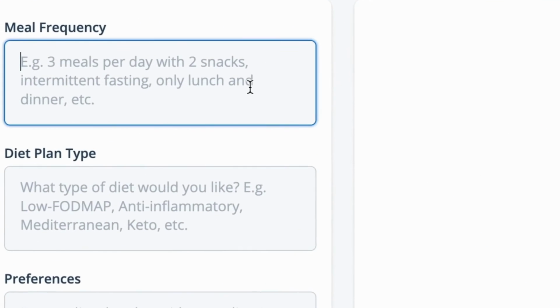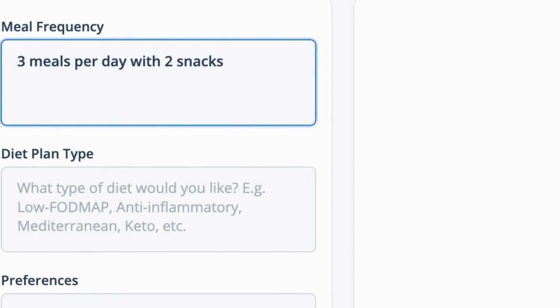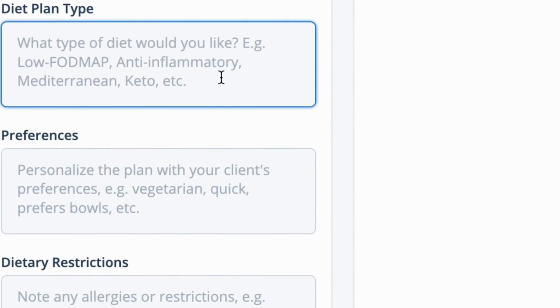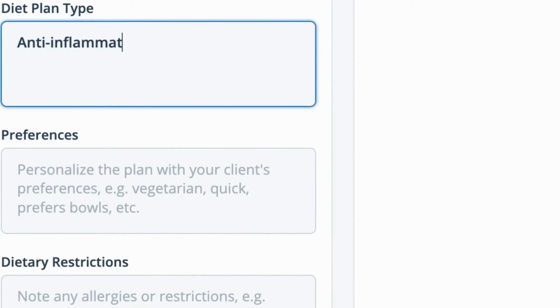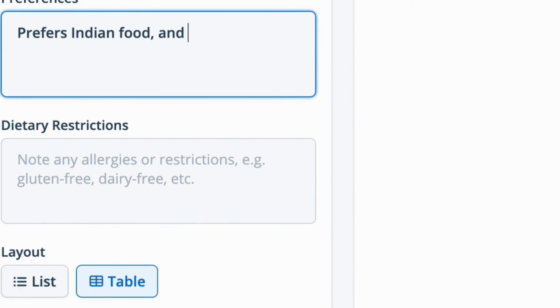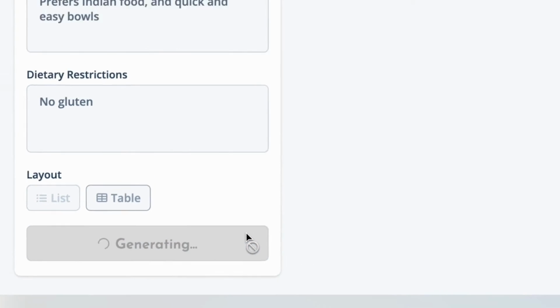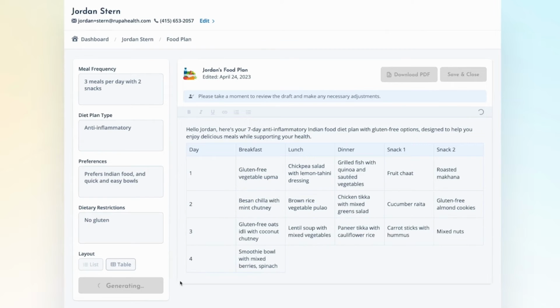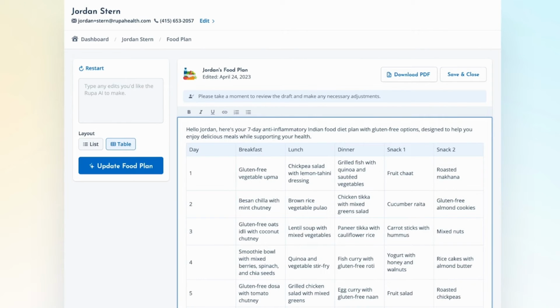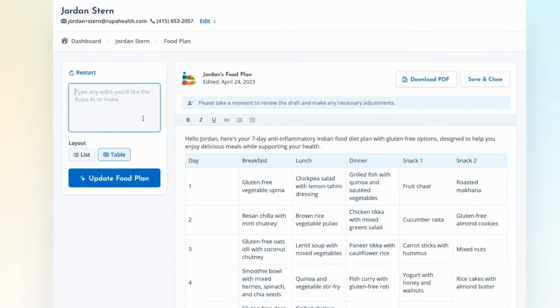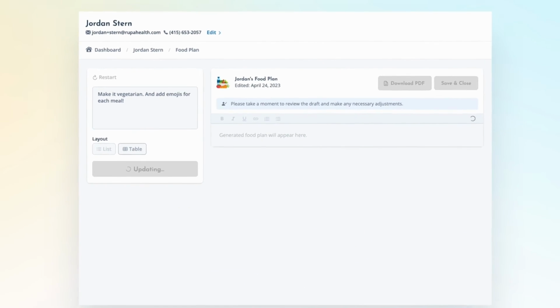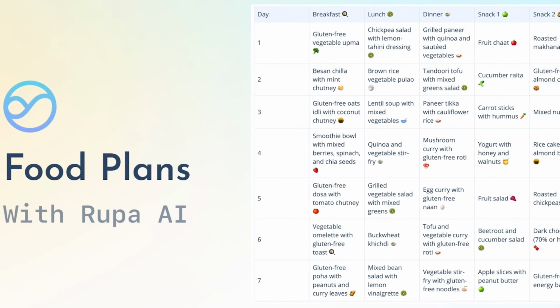First, meal frequency. For example, 3 meals per day plus snack. Next, the type of diet plan, whether it's Mediterranean, Paleo, or keto. Personal preferences, such as prefers bowls or likes wild-caught fish. Next, any dietary restrictions, things like gluten-free, dairy-free, or allergic to peanuts are examples. You can even customize the calorie and nutrient intake. You can set the daily number of calories you wish for your client to intake, how much protein, carbs, and fats, for example. Now, by inputting this information specifically for your individual client needs and preferences, a 7-day meal plan